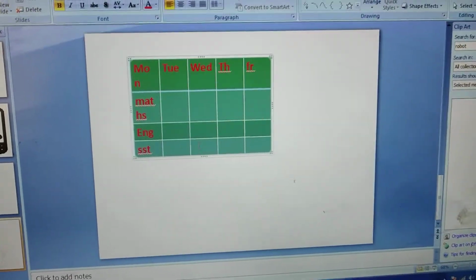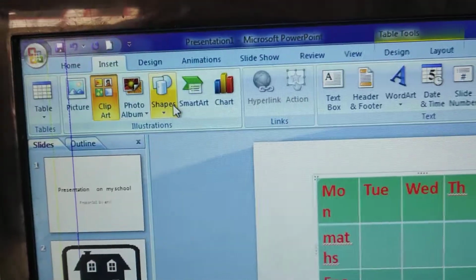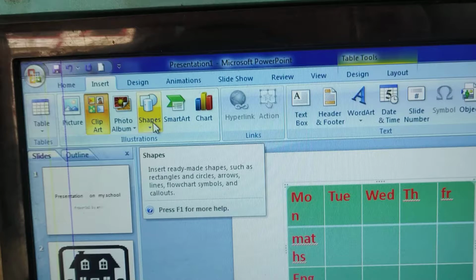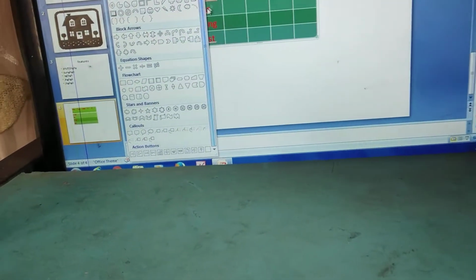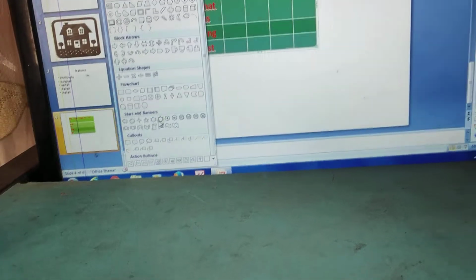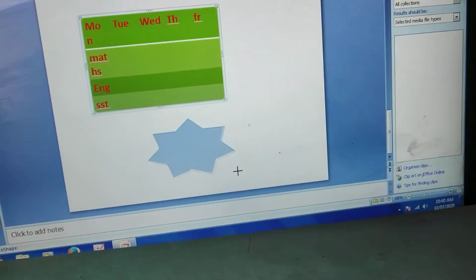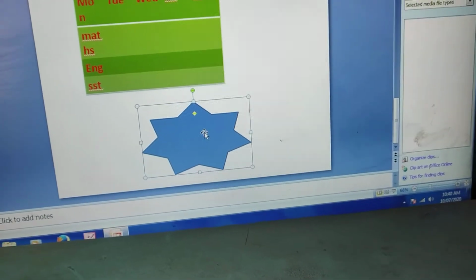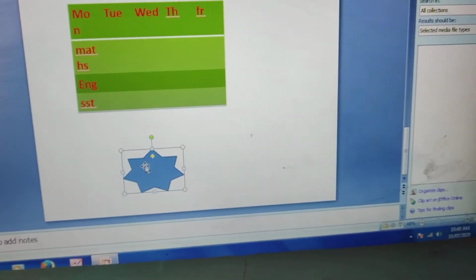Now suppose I want to insert one shape, then again we have to click on the insert menu and click on the shapes option. Here different types of shapes are there, whichever you want you can take. Suppose I want this one, I will click here and I will drag over here. Okay, now you can resize it with the help of these handles.